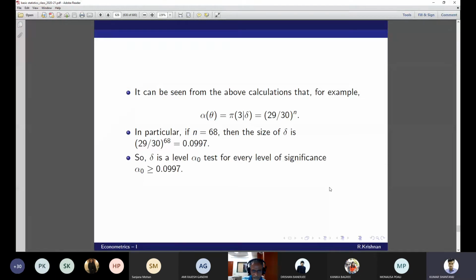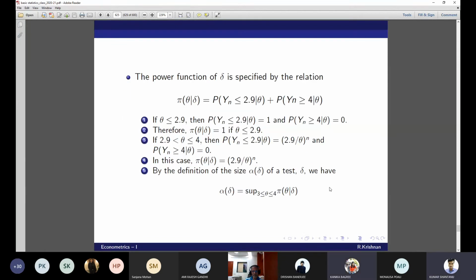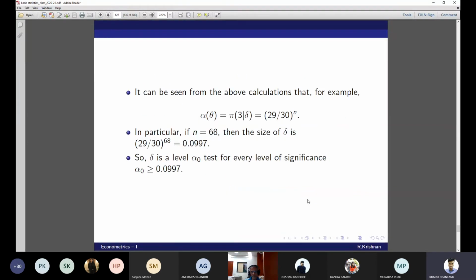I didn't get the question. Can you please repeat? Which curve? Yes, sir. It will be decreasing after 3. Suppose 2.9 by theta n. What is this supremum? I need simply the maximum of this value here. I want this maximum of this pi theta. Okay, the maximum will... Sir, I get it. Yes, sir.